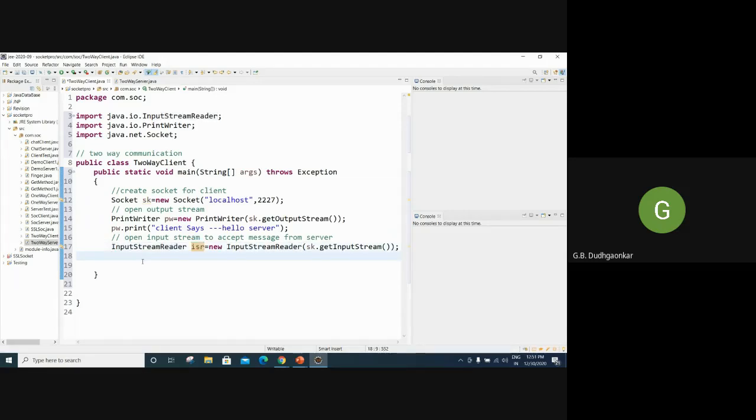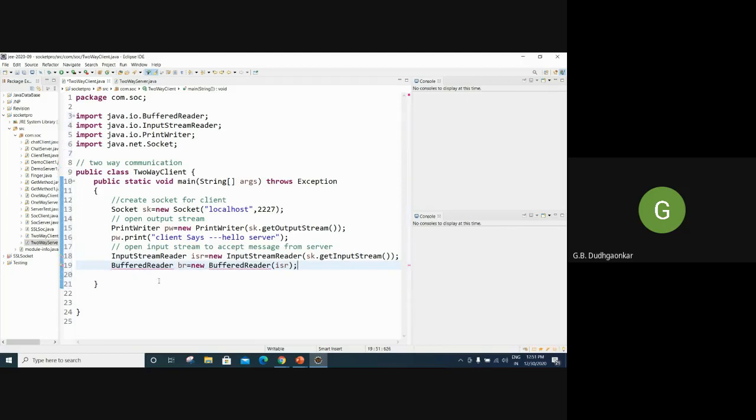I told you, you can use BufferedReader again, BR, you can take any name. So new BufferedReader, so that it will accept the message in byte format. Now again this is a BufferedReader, so again import that class.